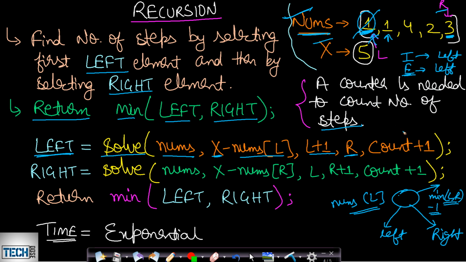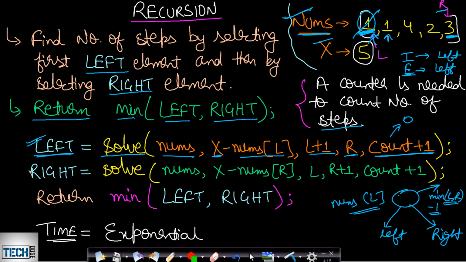For that reason I will take a count variable initially initialized to 0. And since we are starting, at any point we will increment the count value by 1. This will always increment, either we select this left hand value or this right hand value, it doesn't matter. If we are selecting an element, then we will increment the count value. Okay, so this is the recursive function logic which we will be using for making the left call.